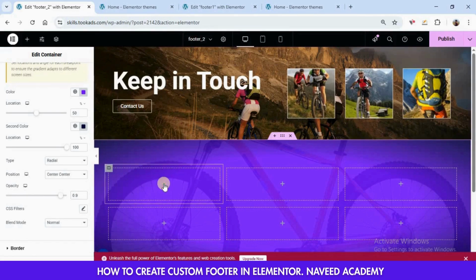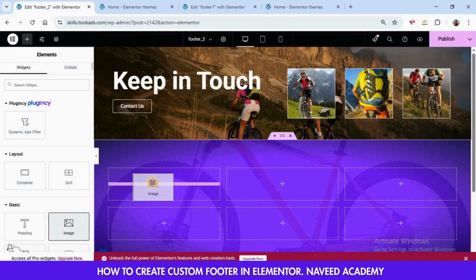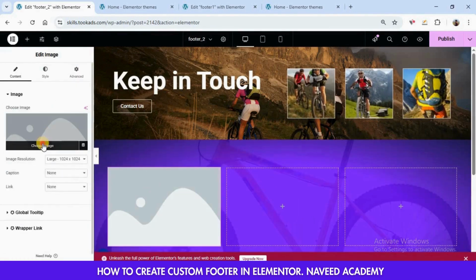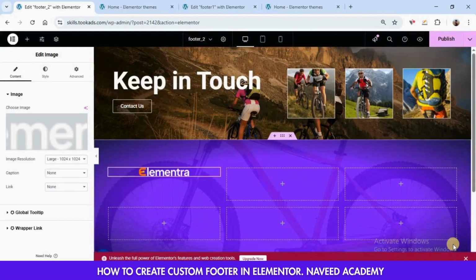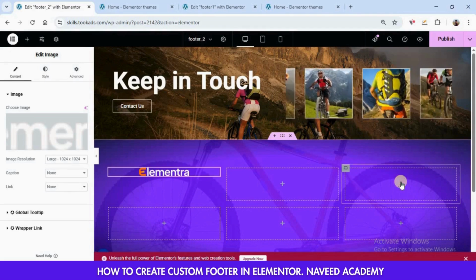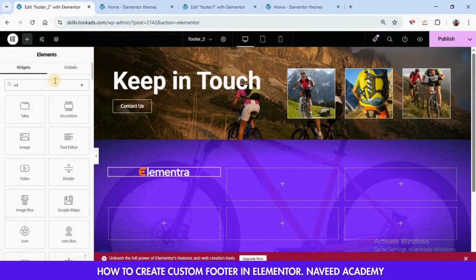Now click here on this plus icon and drag an image over here. Choose the logo. After setting the logo, click here on this plus icon and search for social icon. Drag the social icons.